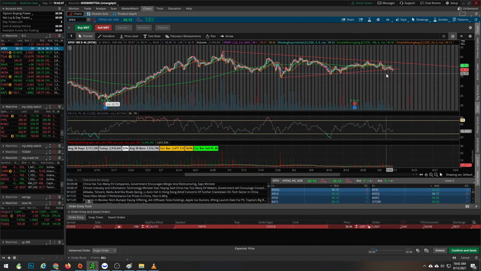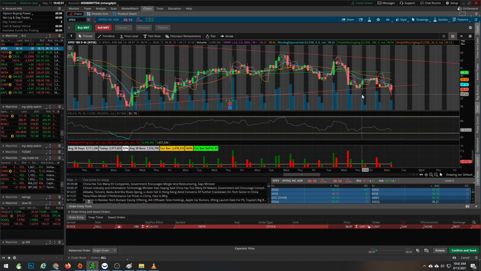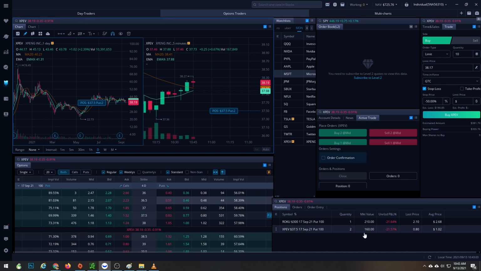Of course, it can reverse. I was looking for the breakout play to break below. It currently has not happened. I think it's going to pull back to here and potentially go back down. My stop is going to be above 39 here. And then from there, we will go that way. I don't necessarily have too many contracts. This is about $200. The other one's also about $200. So we'll see how that plays out.